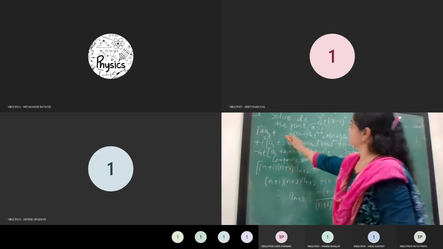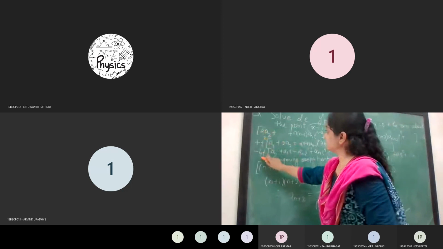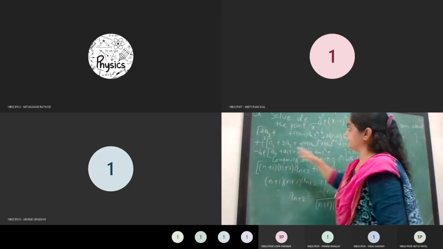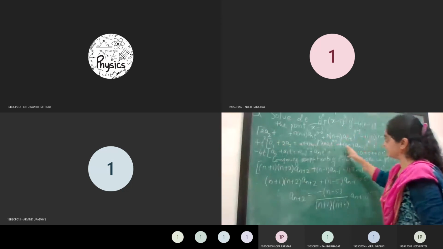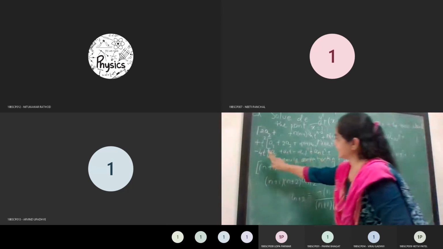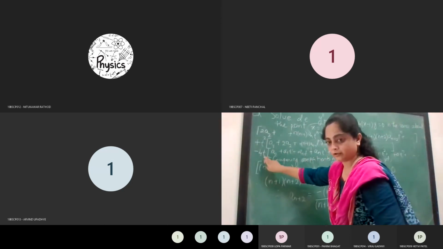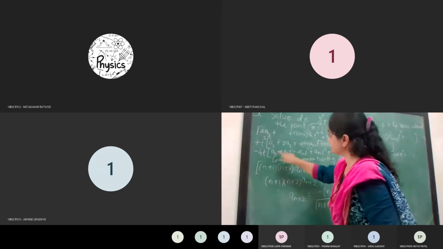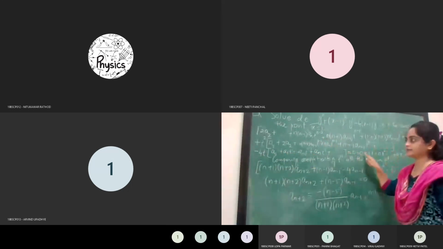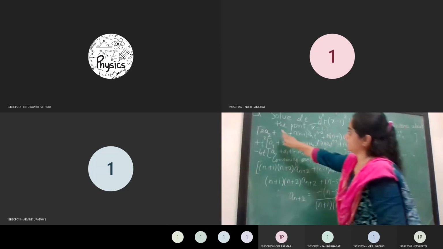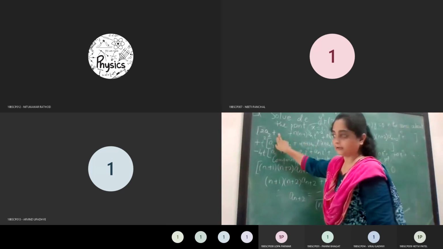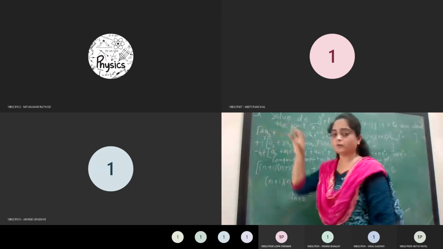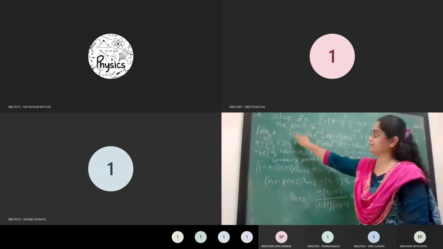So if you see these three terms, here t square into this term means all these terms are with the powers of t. Same thing will follow for this term also, that t will multiply with each term, then each of these terms will be having powers of t. But if you see this first particular term, 2a2, then 2a2 is the only constant quantity on the left hand side.